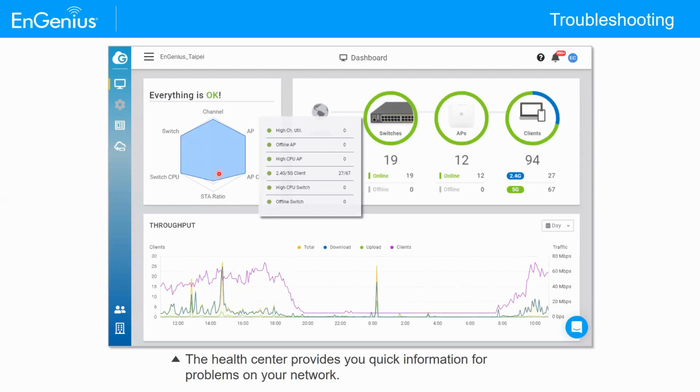So from the same page, you can also see if you have a lot of interference in the area, whether it's from a third-party access point or whether it's from other sources or non-Wi-Fi interference. You can also, of course, see here if there are APs that are offline, switches that are not running, as well as